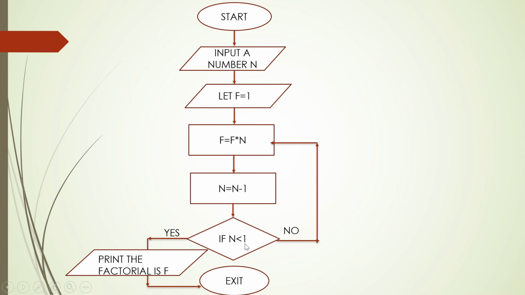तो यहाँ पे चेक करेगा क्या 0 is less than 1, तो यहाँ पे yes कर देगा और print factorial कर देगा। हम 0 को फिर से execute नहीं करने देंगे, क्योंकि once 0 will again get multiplied with the value of f, then the whole value will turn out to be 0। तो हम इसलिए 0 को यहाँ से नहीं जाने देंगे। once ये 0 हो जाएगा तो हम यहाँ पे f का वैल्यू प्रिंट करवा देंगे और एग्जिट करवा देंगे।